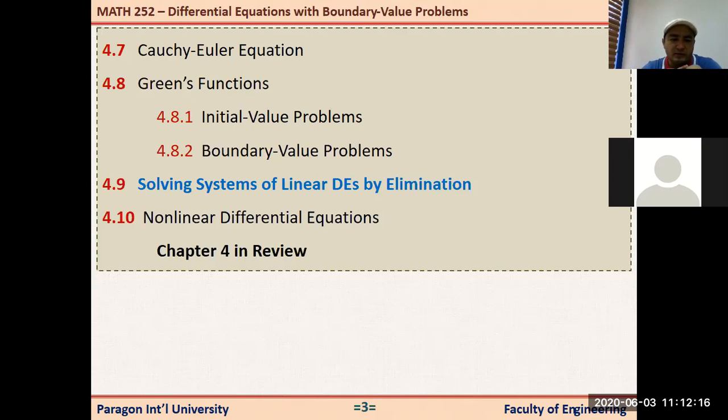Let's talk about this. Nonlinear differential equations. There's also, I will skip this. You can study it yourself, self-studying, just 3 or 4 examples, some different ideas. And I'll see, maybe we may talk a little bit about nonlinear differential equations. There's not much here. Especially, we'll focus on nonlinear differential equations in chapter 6, when we talk about power series solutions of differential equations. Okay, so